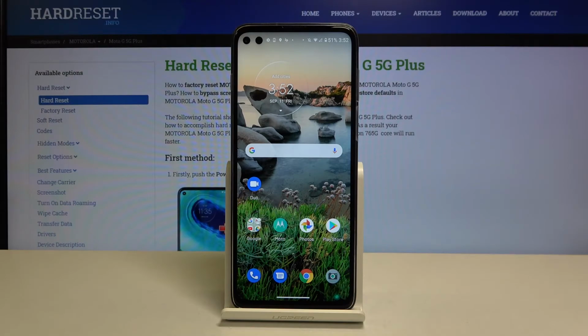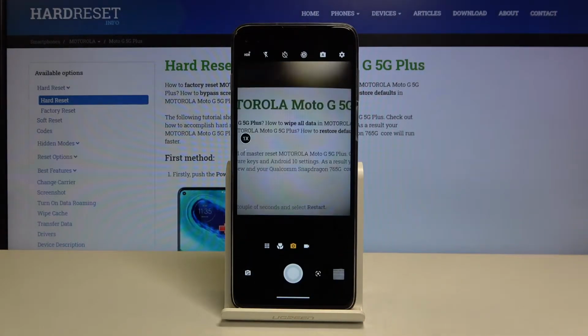Hi everyone, here we've got Motorola Moto G 5G Plus, and let me show you how to change video quality on this device. So actually all you have to do is simply open the camera app and let's tap on